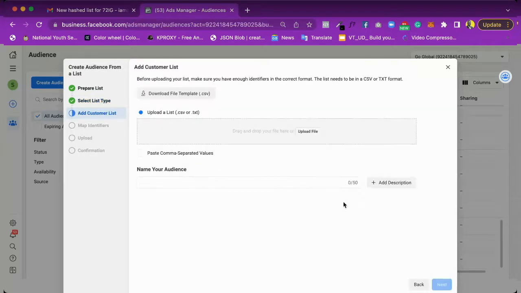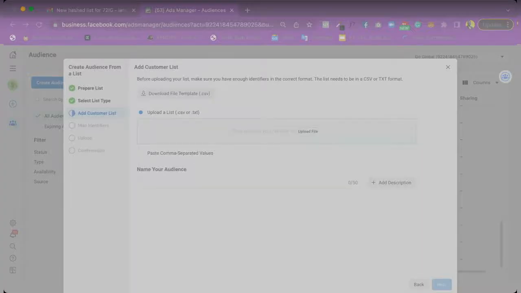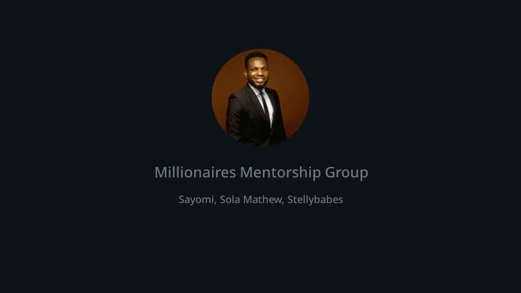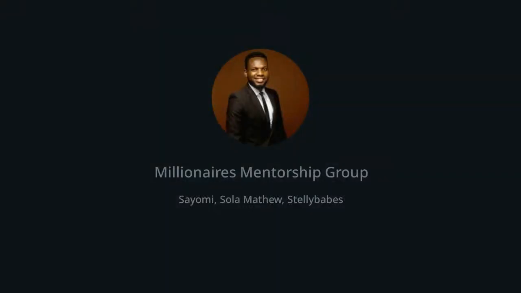What you want to do next is drag and drop this, or simply go to upload. I'm going to click on upload file and come to the hash list that was given to us, which is 72 IG April. Then I'll click on open. Now here you can rename it. This name is not for Facebook, it's just for you to identify it. I'm going to rename it as 72 IG buyer list